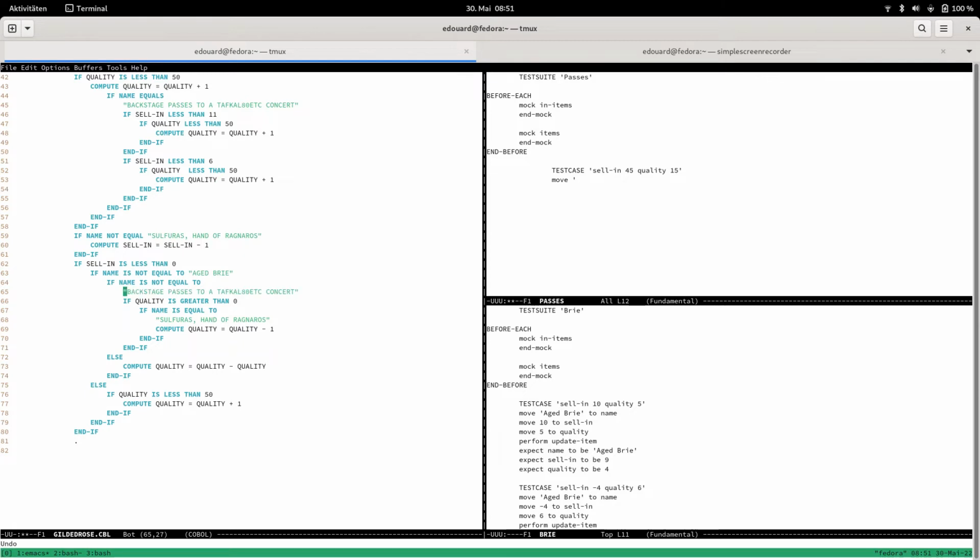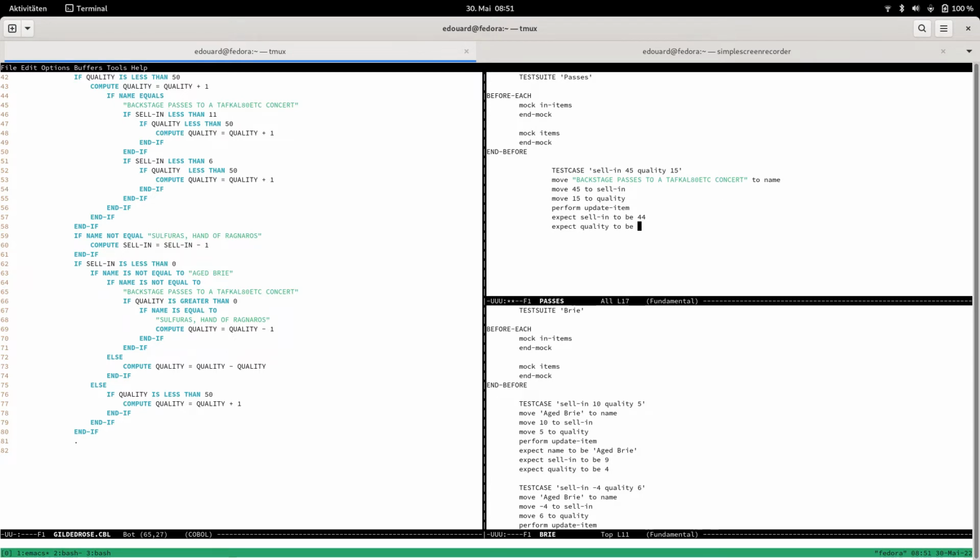There we go. To name. Move 45 to sell in. Move 15 to quality. Perform update item. Expect sell in to be 44. Expect